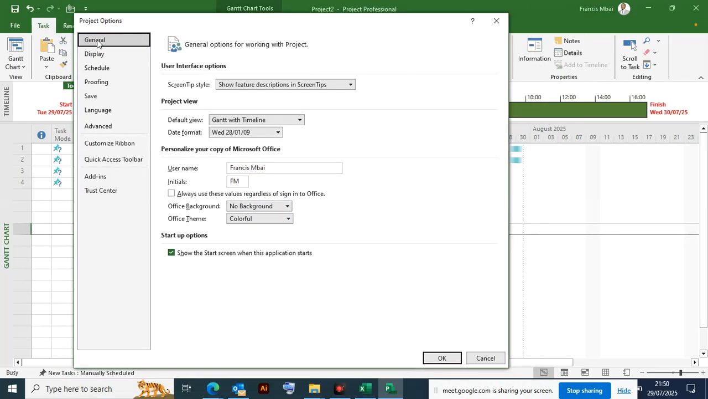So the window is the general. We normally call it general option one. For working with project, yeah. So this one,